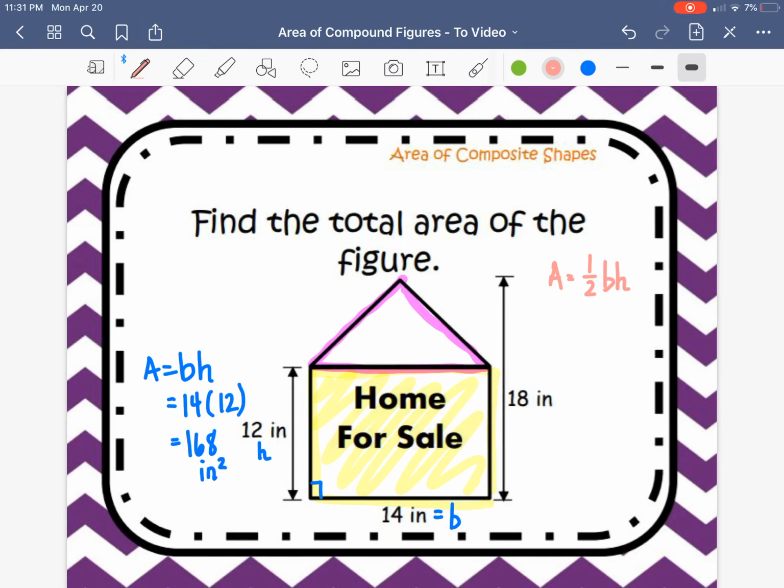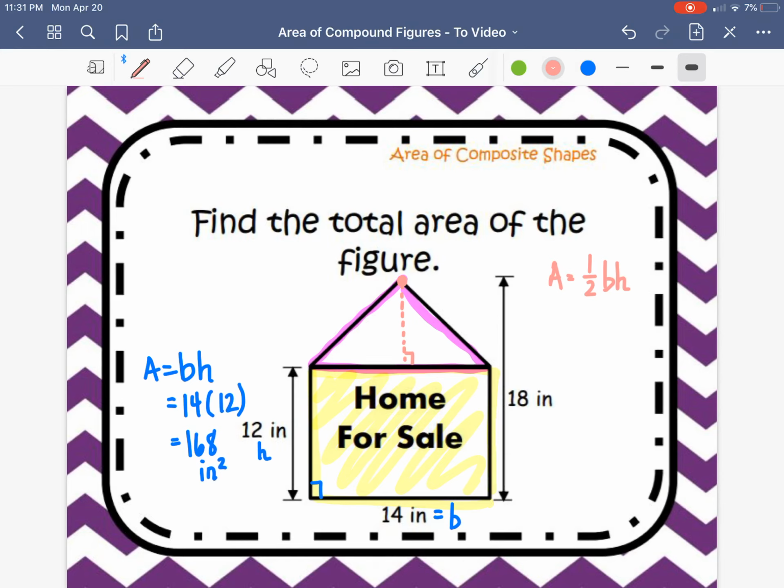The height of the triangle is going to be from the top of the triangle straight down to the base. Remember, it has to make a right angle. Well, nowhere do I have that specific dimension, but I can look around and use some deductive reasoning to find